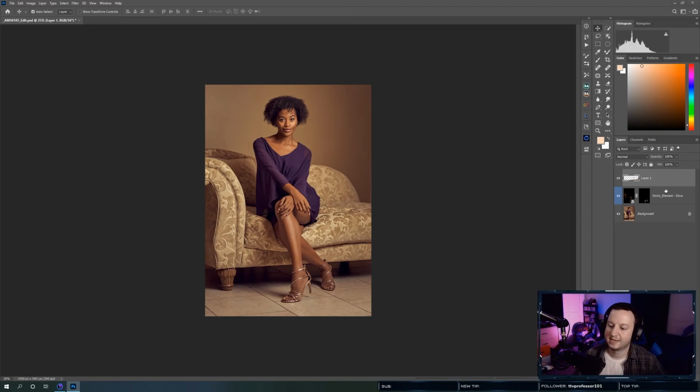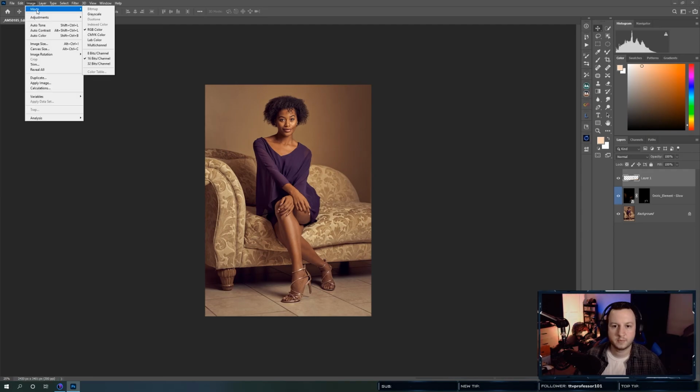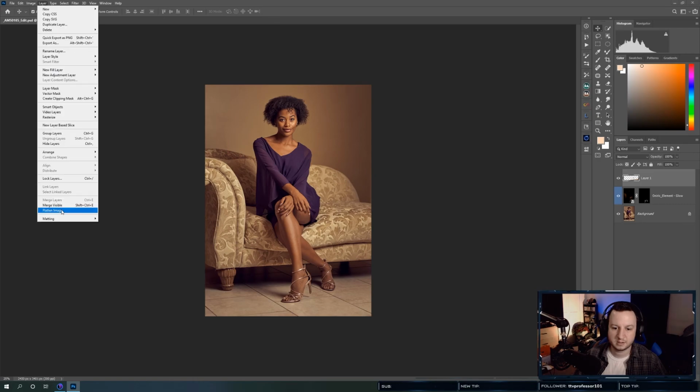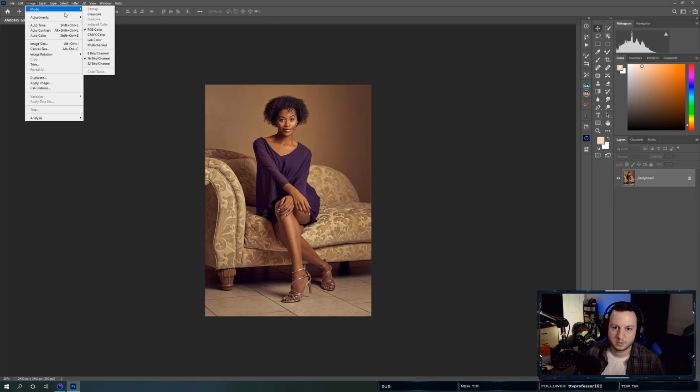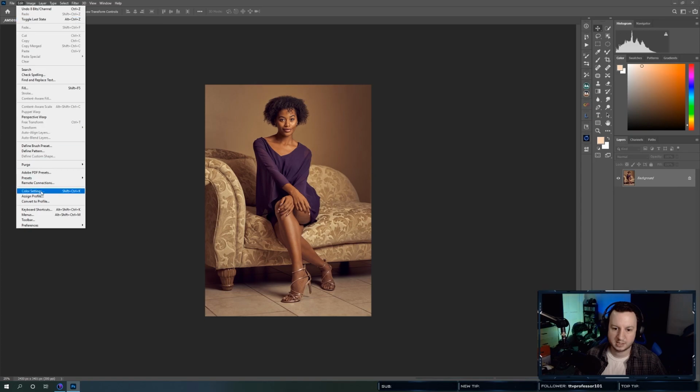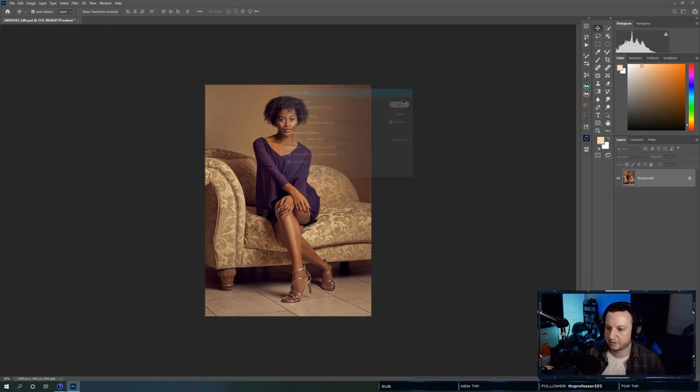And I think that's it. So then we will flatten, mode 8-bit, edit, convert to profile. I probably should have converted it before that, but oh well.